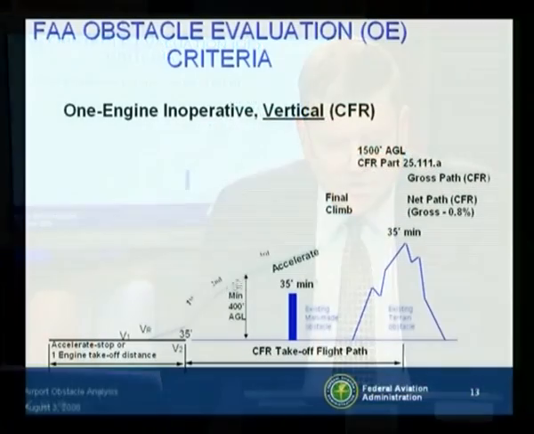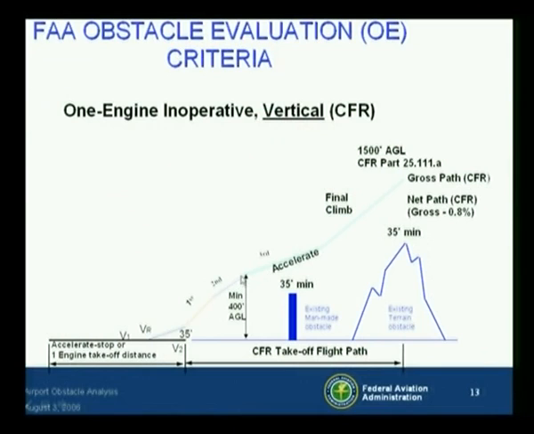profile. Now remember, in those earlier slides we talked about the gross flight path. That's represented by this bold line here on top, and this dim or thin, barely seen line down here in the bottom represents the net flight path, where that 0.8% subtractive buffer was put in. The net flight path must always clear either a man-made obstacle or an existing obstacle along this flight profile to 1,500 feet by a minimum of 35 feet. The takeoff flight path ends not lower than 1,500 feet for Part 25 and commuter category airplanes. I apologize for that old exercise, but sometimes this review will be helpful, and I think it will be for